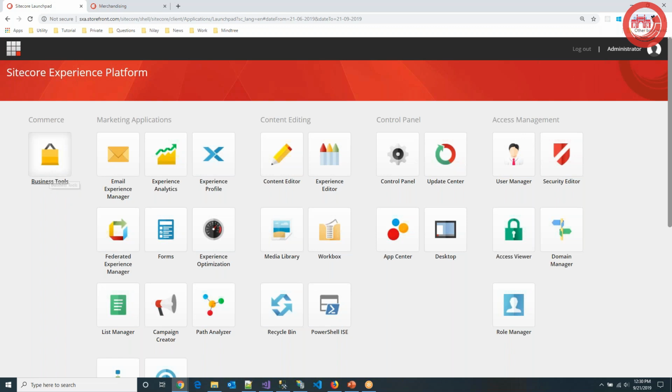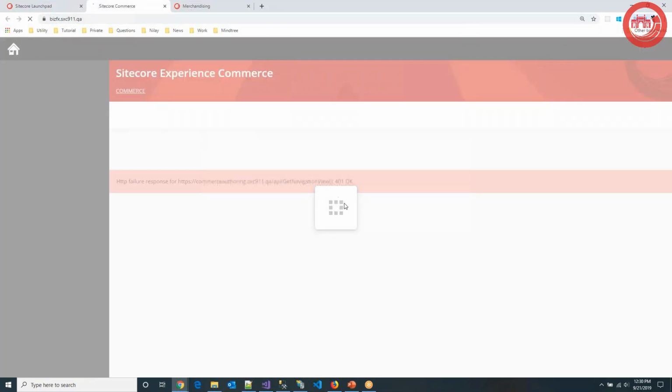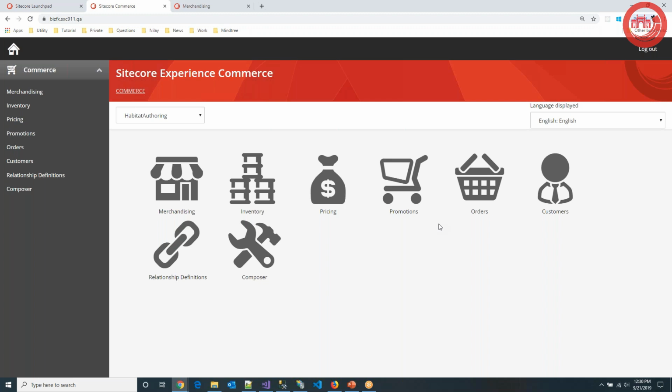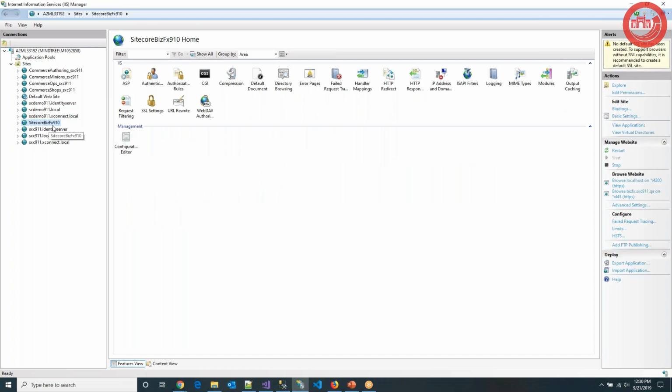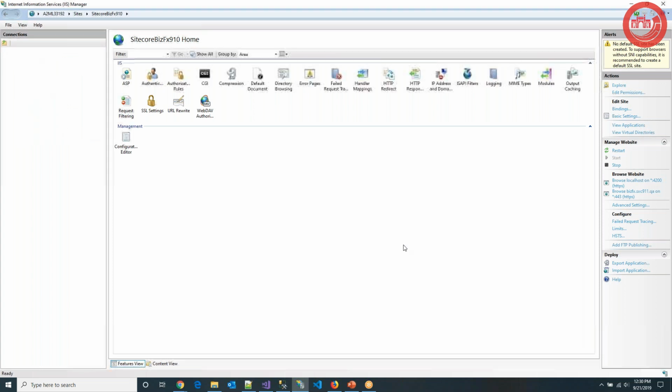Once you click here, the Sitecore commerce will open. You can see here the merchandising, the inventory, pricing. These are the business tools basically, and the business tool is pointing to the Sitecore BizFx 910, and this application is